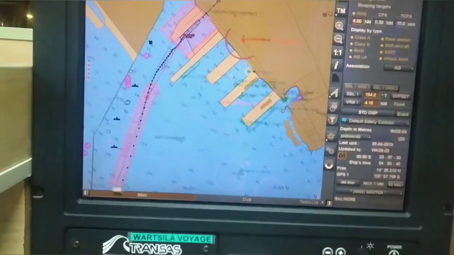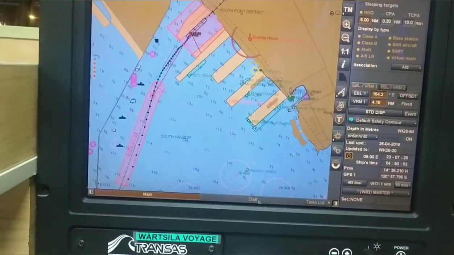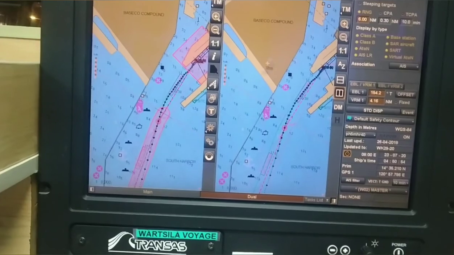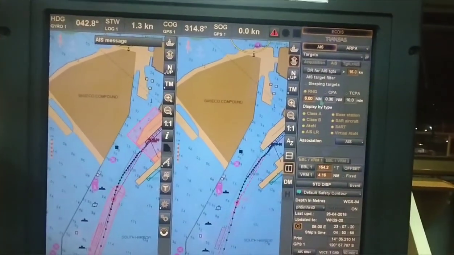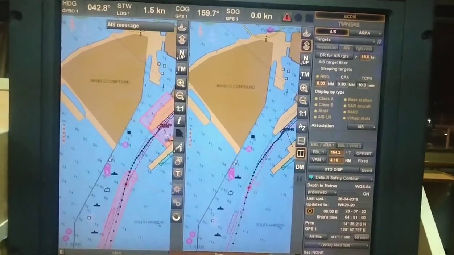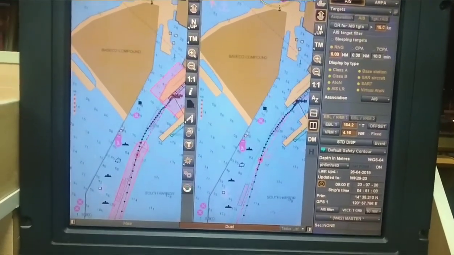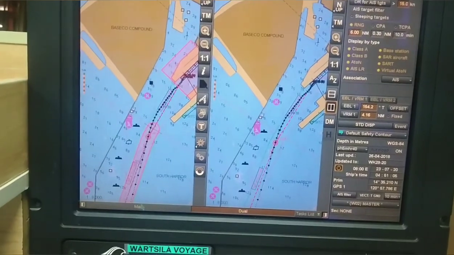And now this feature is main dual. If you want to change your window to dual mode, it goes to dual mode. See, dual mode. Here also I am having the same menu. Here also I am having the same menus. Dual window. It is easy while approaching and all to have 2 windows.